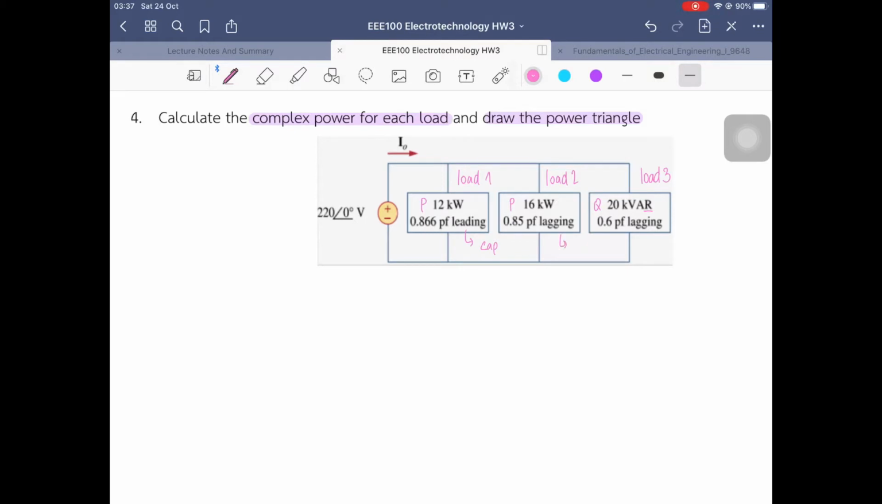You can remember by the keywords like this, because when you have to calculate the Q, you have to decide whether it is the minus sign or the plus sign, because overall in the end it is in the square root, so it is plus or minus. So you have to know the keywords: leading is capacitive, which is minus, and lagging is plus, which is inductive load. So for load 1, we have P equals 12 kilowatts, and the PF,